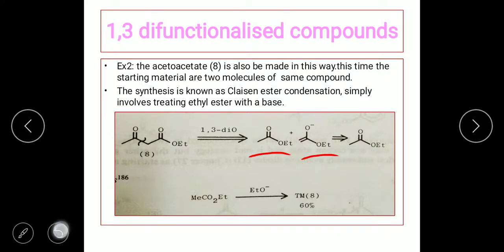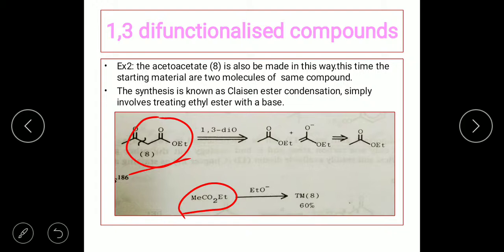So wherever you come across this kind of example, the starting material would be the same molecules as the target, and you can make this target molecule 8. Now you can see clearly that you are going to use two molecules of the ethyl ester, in the presence of a base, because it is a condensation. You have to link the two esters, so we make use of a base to remove the acidic proton. Only once that is possible can you make the target molecule.